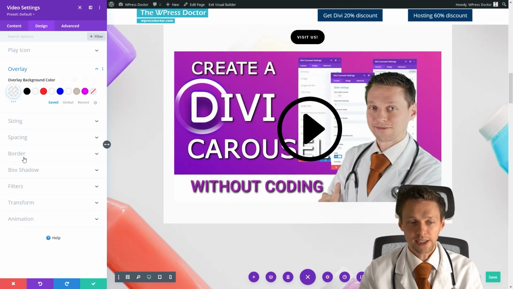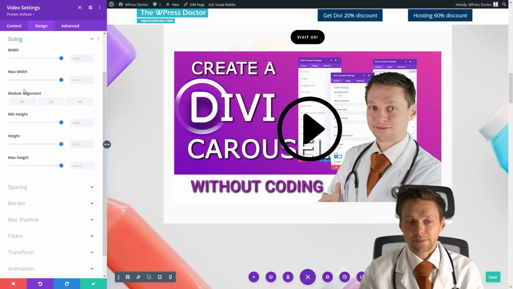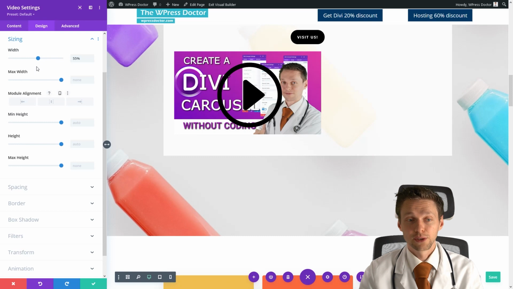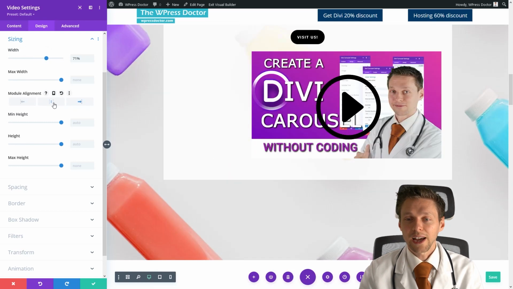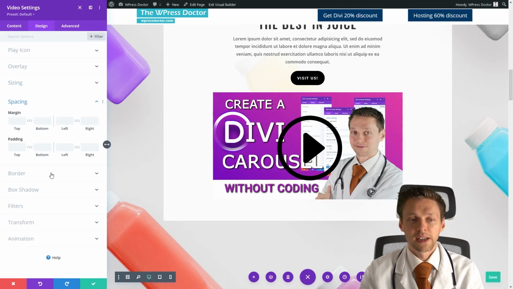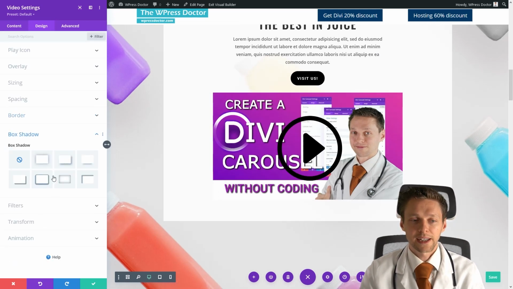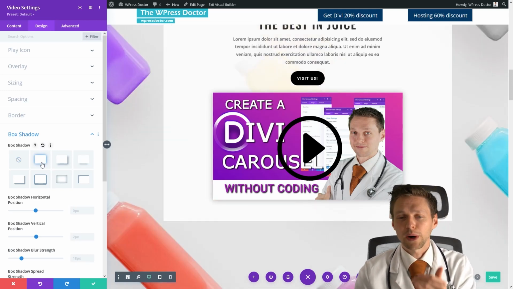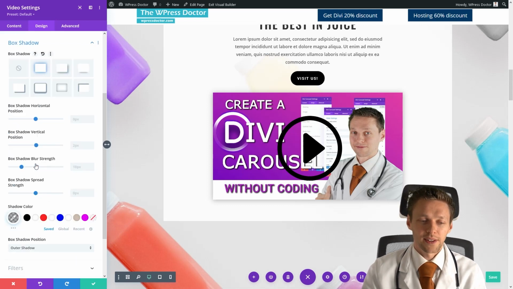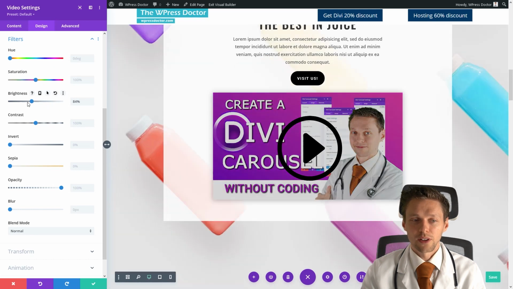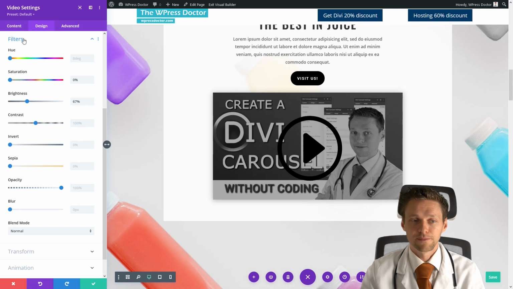This is pretty great. If you go to sizing, you can of course change the width of your module, which is pretty useful. You can change the module alignment anywhere you want on the page, but let's leave it like this one. Of course, you can add a border. I really like the box shadows with these video modules because they really pop out a bit, and I really love that with this one. And of course, you can use the filters. As you all know, it will change everything on this particular video.